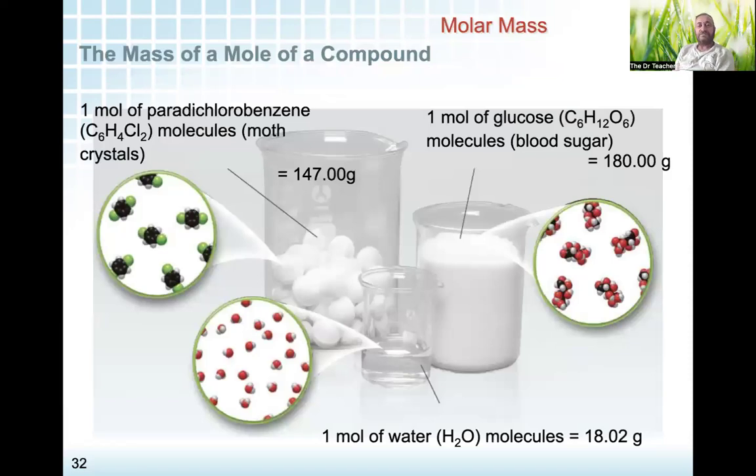Let's check. So we have here to the left, paradichlorobenzene, or moth crystals. Okay, it's in the jar. We collected all the grams here. It's 147 grams here. Whereas 1 mole of water to the lower,